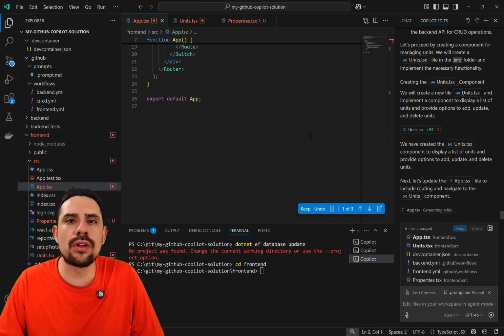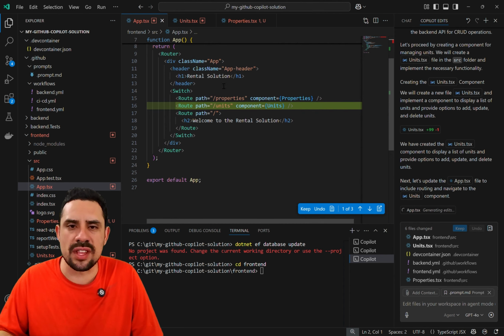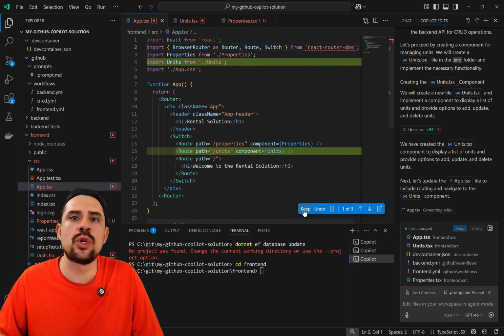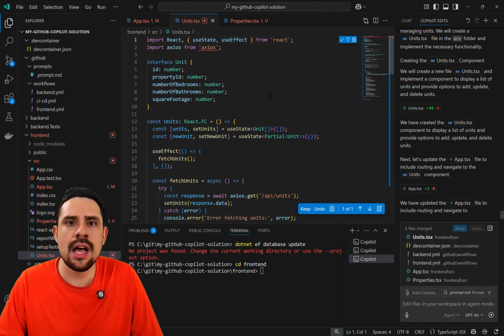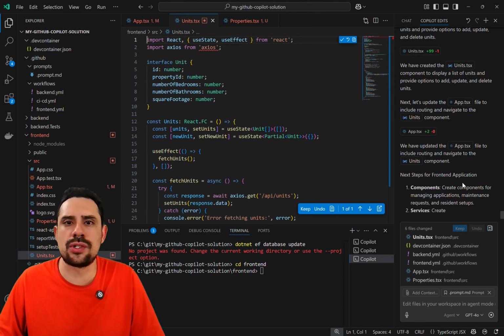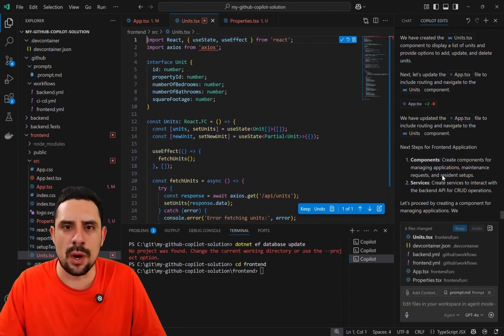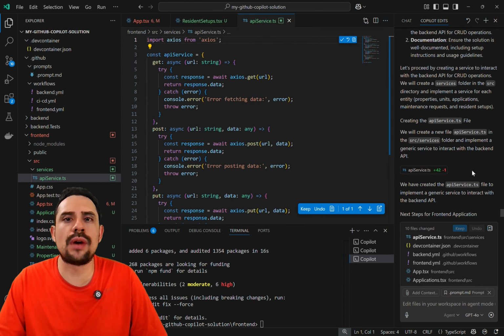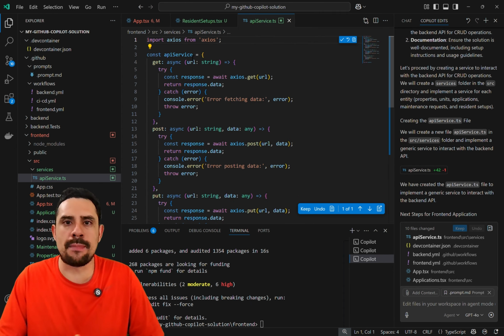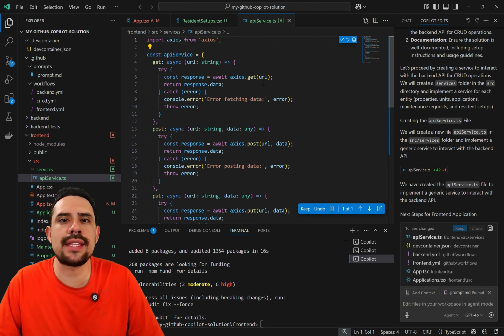It appears it will continue building out each component for the other APIs and then change the app.tsx file to enable routing to each component. I'll fast forward through all these changes to the point where it finished creating all components. With all components created and with routing supported to them from the main page, Copilot now wants to create this file called